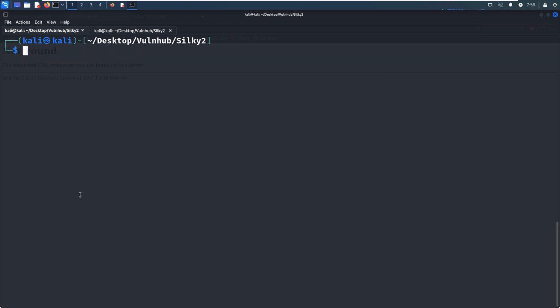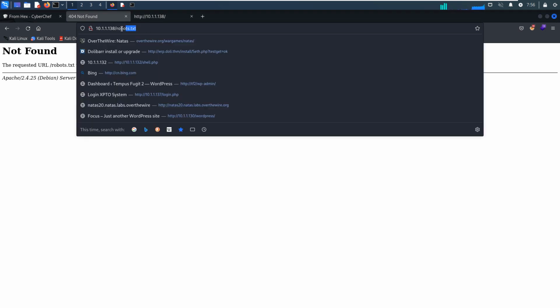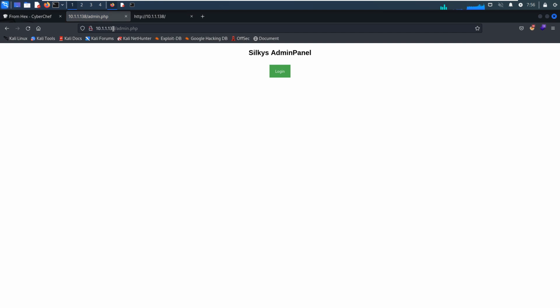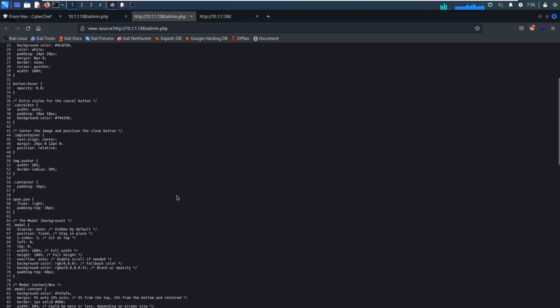So next we can launch GoBuster to do the directory enumeration. And immediately, sorry, my bad, GoBuster can discover the page admin. And now we can access this admin page. So this is a Silky admin panel, and before we try to log in, we need to check its source code, and we can scroll down,